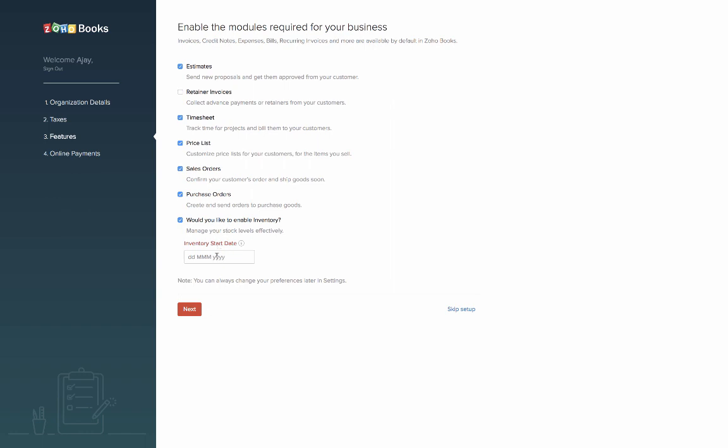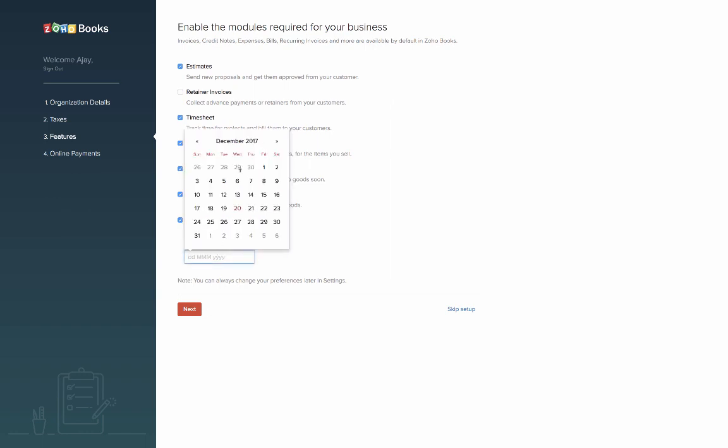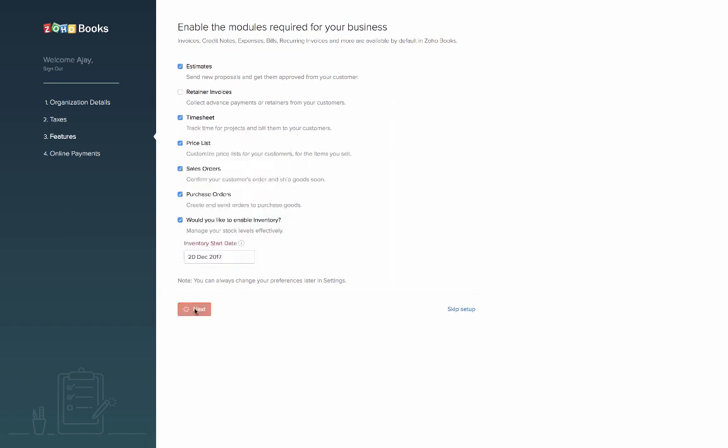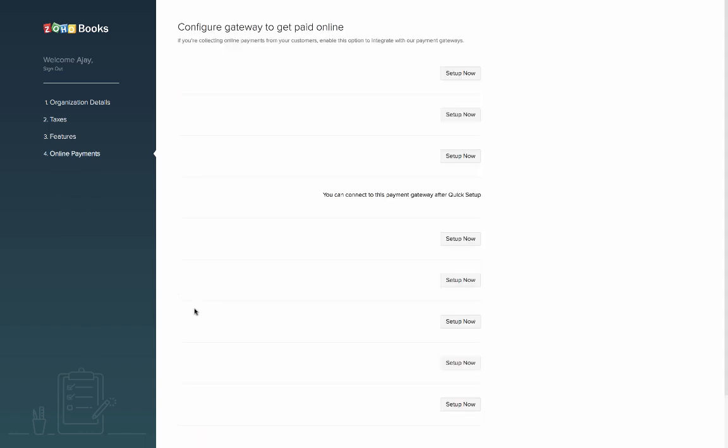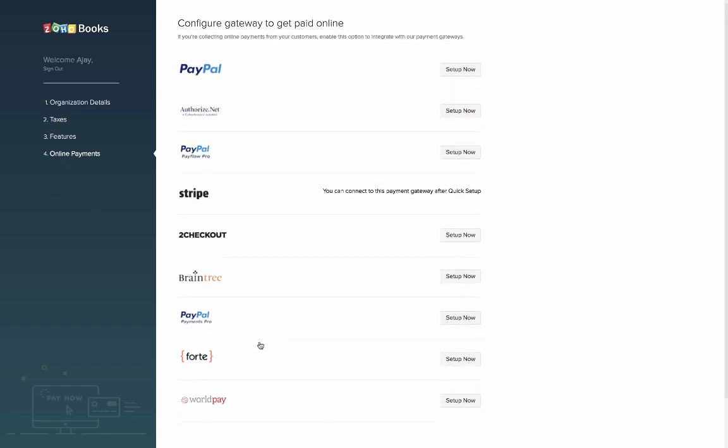And when you do, you have to provide an inventory start date. Hit the next button, and it's going to take you to the online payment section. So we are currently integrated to all of these payment gateways that you see right here. If you do have an account with any one of these payment gateways, then you can set up the integration